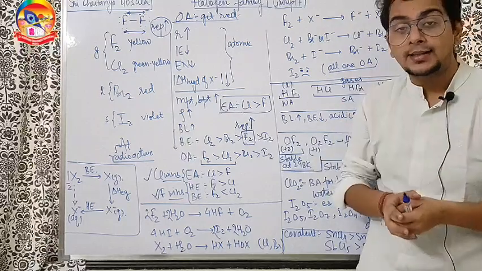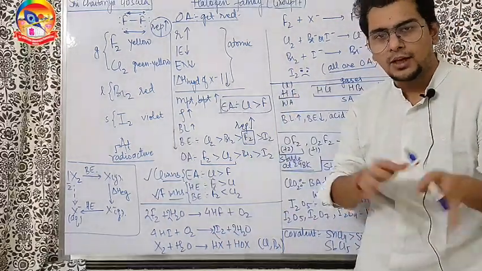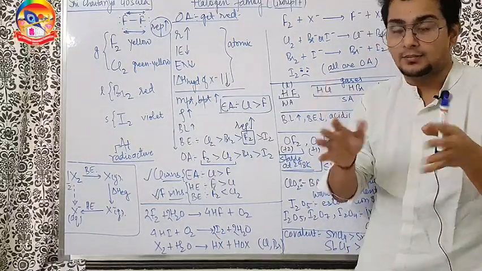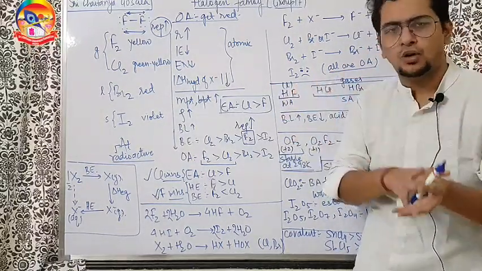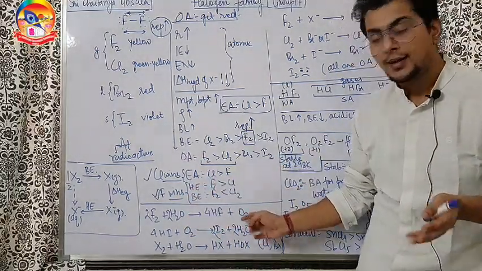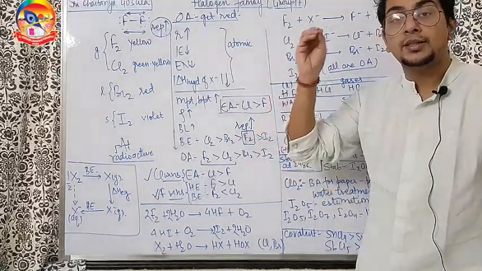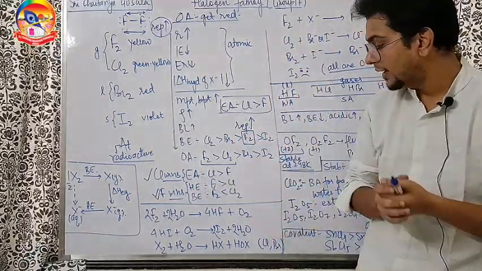There is no other oxidizing agent we know in our course which can oxidize water. In our course, as per NCERT, we don't know of any. Still there are some, but we will not talk about them. So fluorine oxidizes water and releases oxygen gas. Fluorine is one of those that can oxidize water also. So it is the best oxidizing agent, releasing O2 gas.